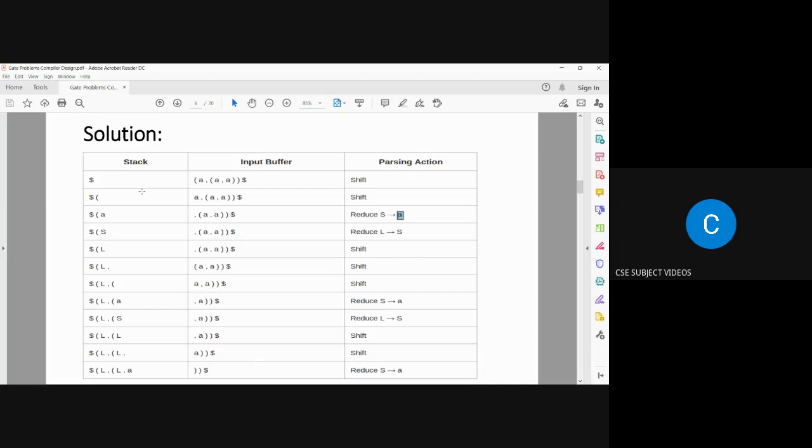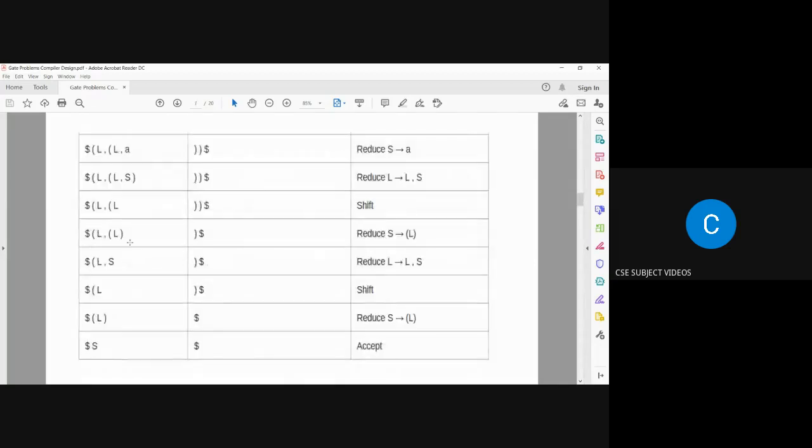what we are doing is according to our first production, we have performed it like this. And then, according to this step, listen, the top of the stack is $ [L, [L, S], and then the input buffer has the remaining symbols. Then what are we doing with this, reduce operation or shift operation? Reduce operation.